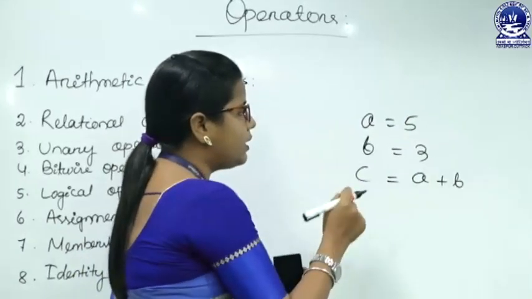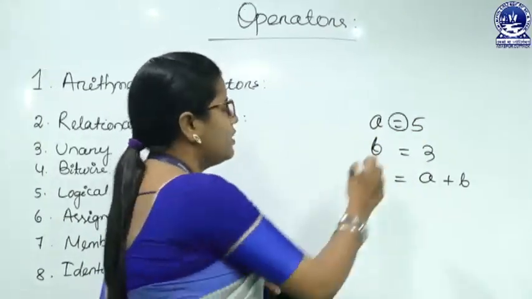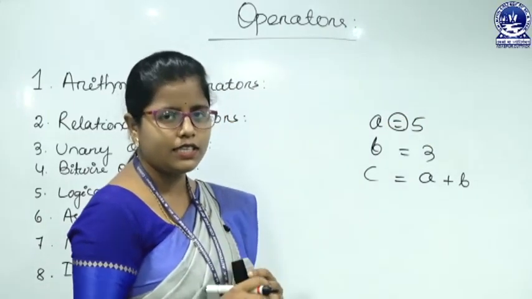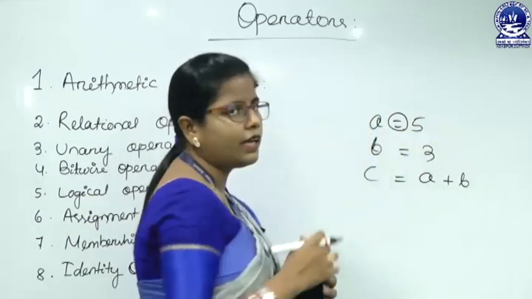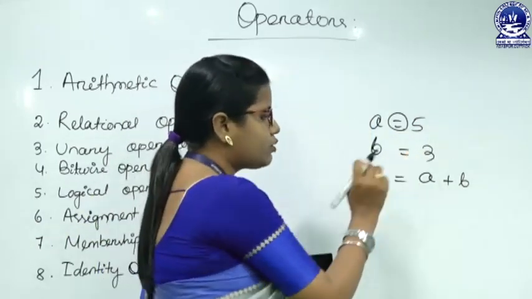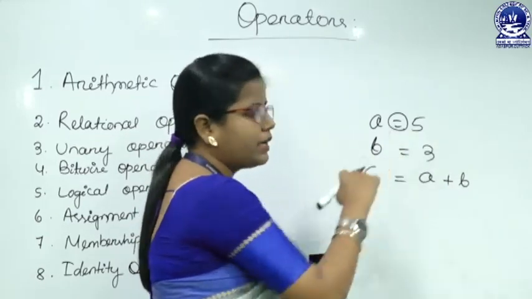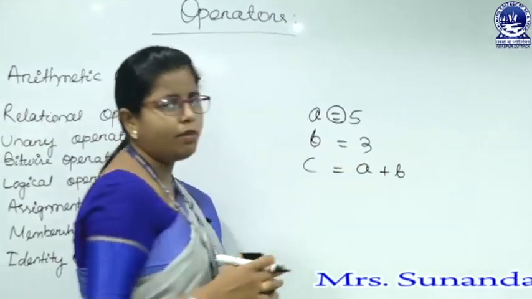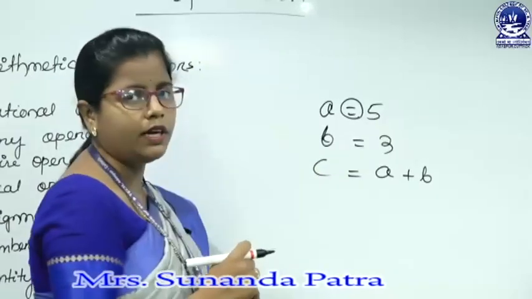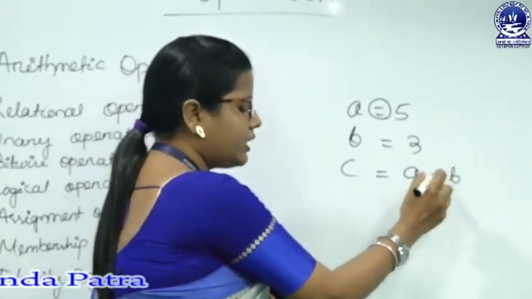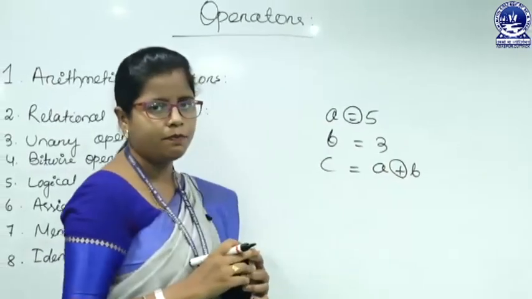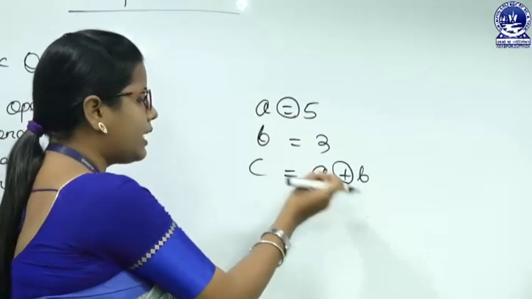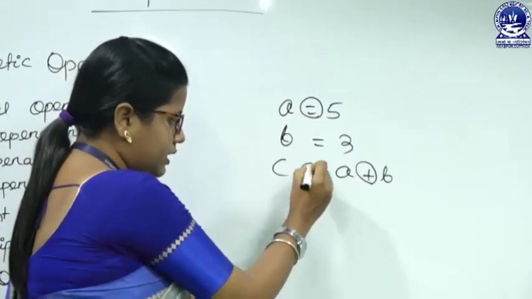Like in our first statement, I am writing A equals to 5. So here equals to is the assignment operator. What it does, it will assign a value, that is 5, to a variable that is A. Like that B equals to 3, here also 3 will get assigned to the variable B. And next in the third line, C equals to A plus B. In the same statement, we are adding A and B by using an operator that is plus, the addition operator, and whatever the value of A plus B, that will get stored in variable C by using this assignment